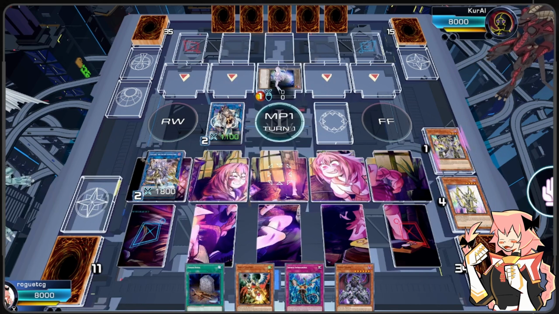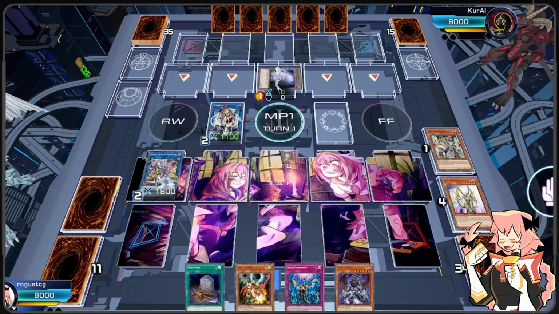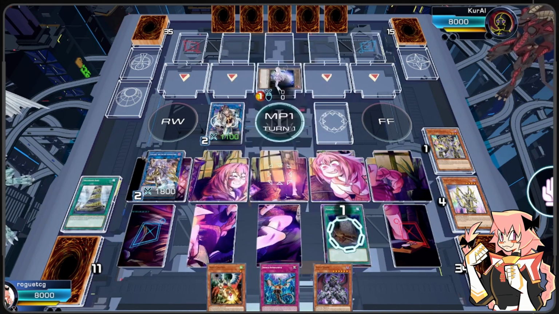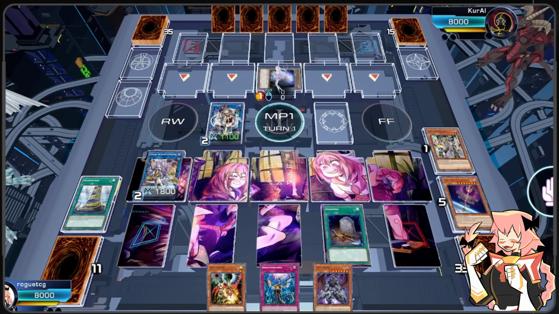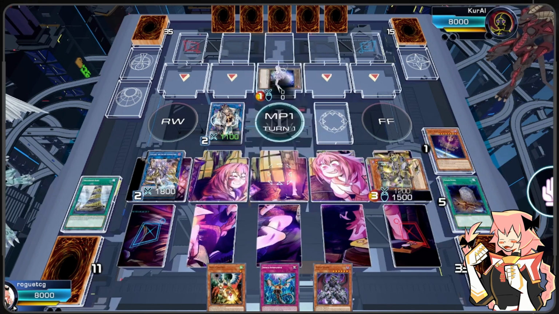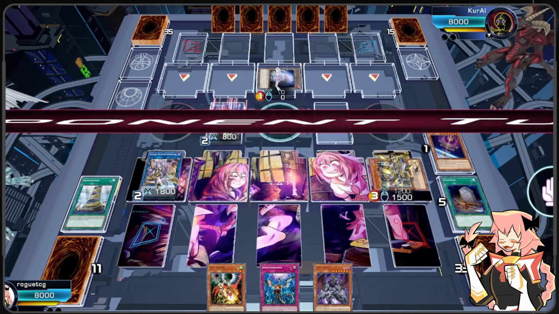We're going to recycle our Nightmare. We're going to set our Babble. Then we are going to activate said Babble. We're going to activate Foolish Burial here to send our World 1. That's why we didn't bring back our Skeleton. We're going to special summon our Skeleton, and this is a monster we can easily link off with our IP